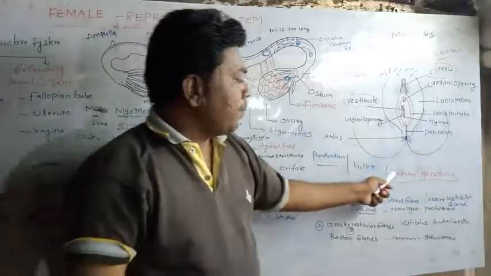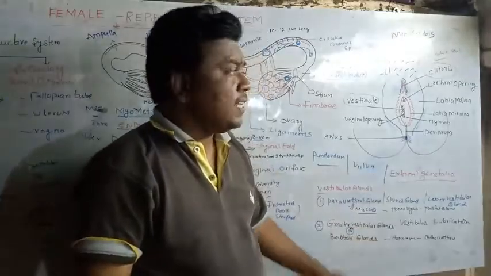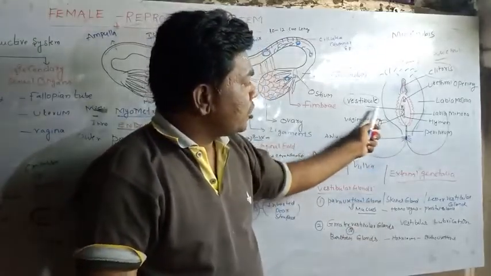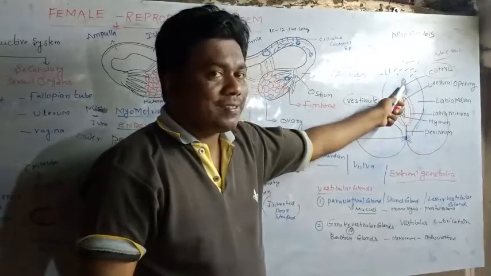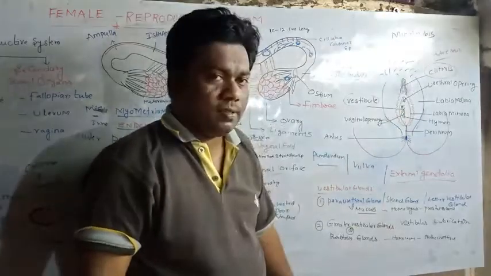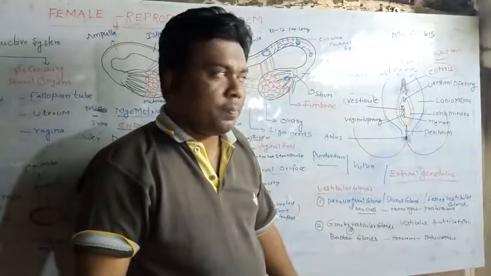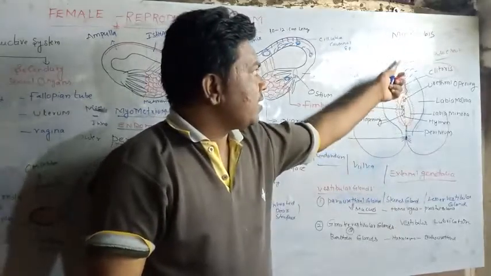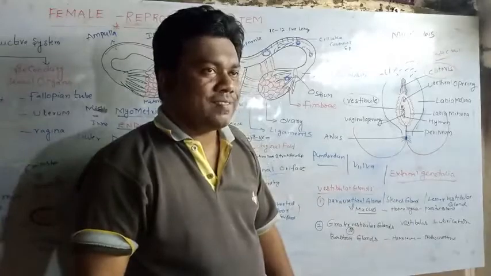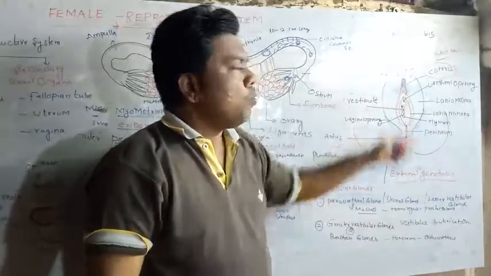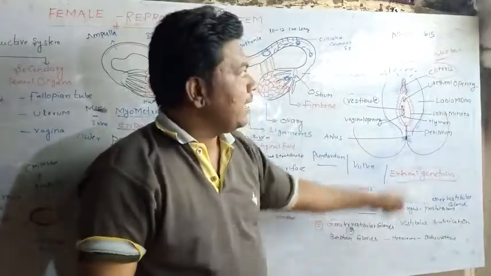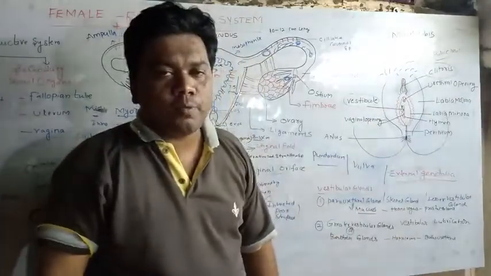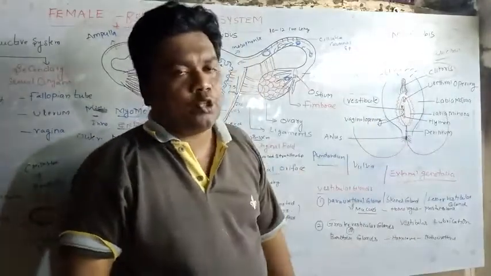The middle portion of the external genitalia has a depression. The depression is called the vestibule. In front of the depression, there is a tiny knob-like structure known as the clitoris. That clitoris is homologous to the penis. In front of it, there is a round fleshy lobe-like structure called the mons pubis. The mons pubis bears hairs. Such hairs are called pubic hairs, and it also has sebaceous glands.